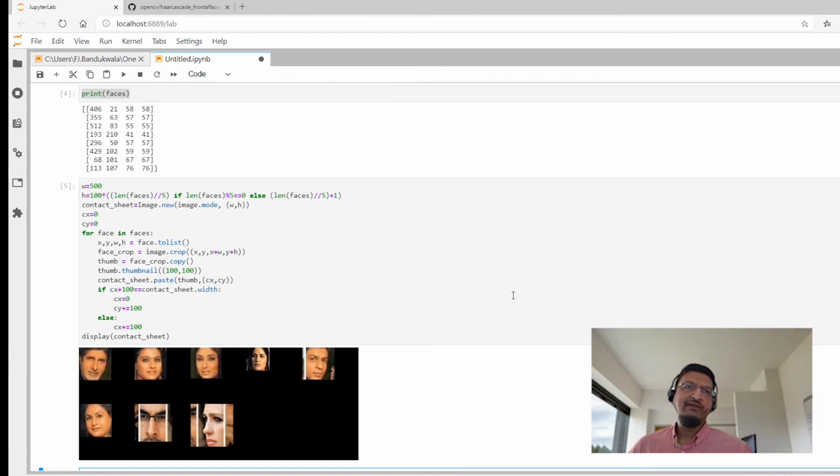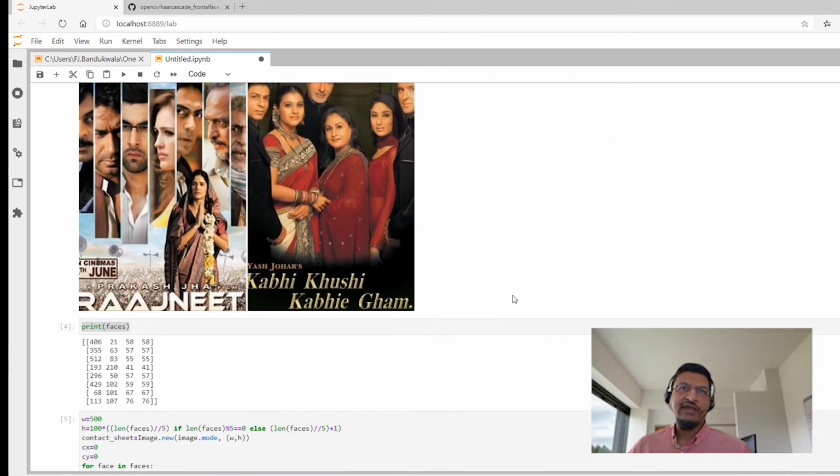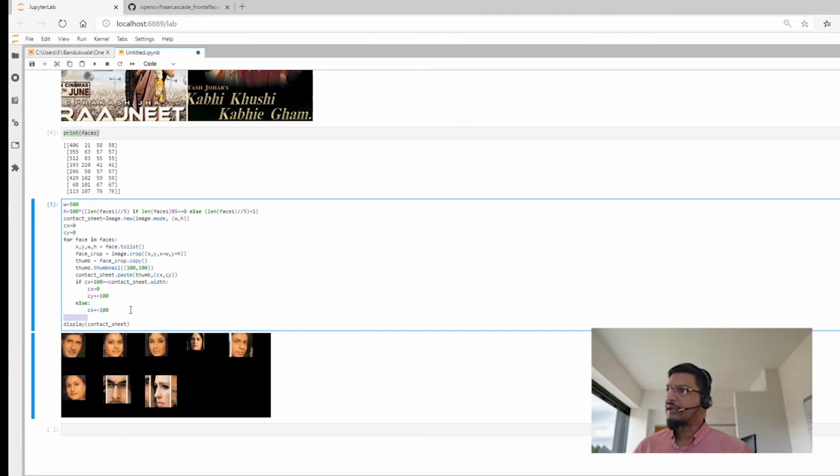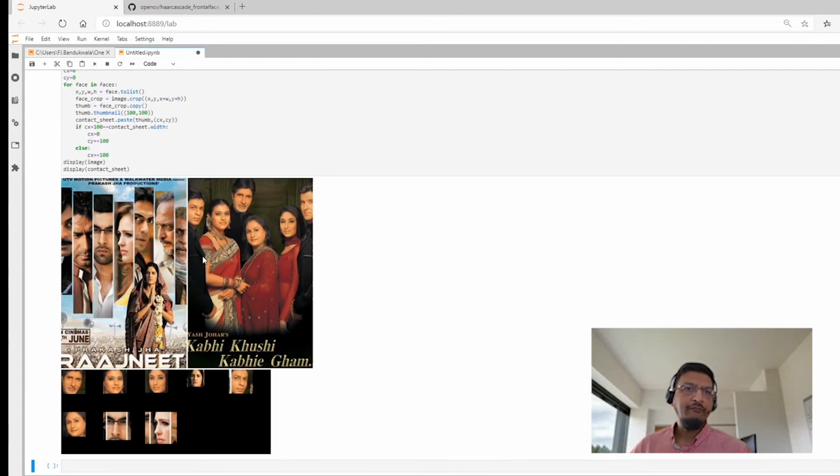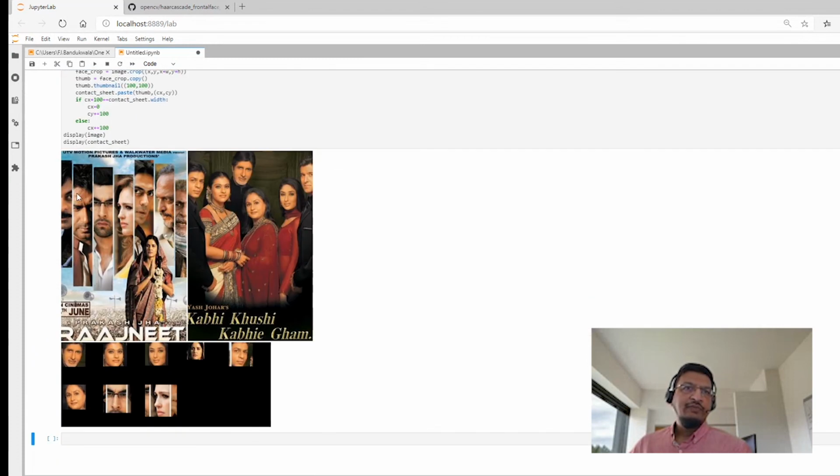Now, if we compare this to the actual poster, in fact, I'll just display the image here itself to make it easy to compare. What we can see is it did not recognize all of these slices of faces very well. It only caught 2 of those images.